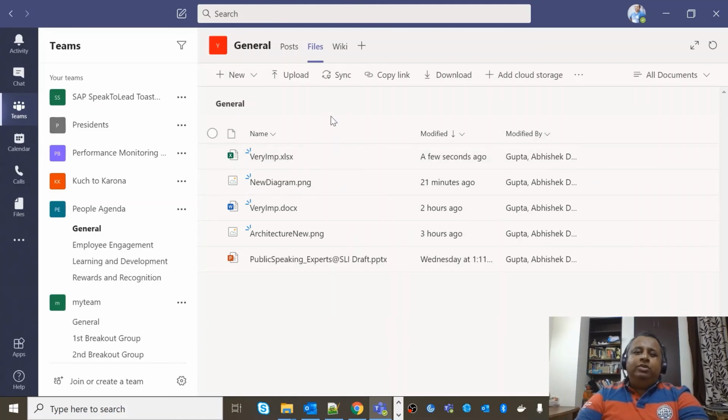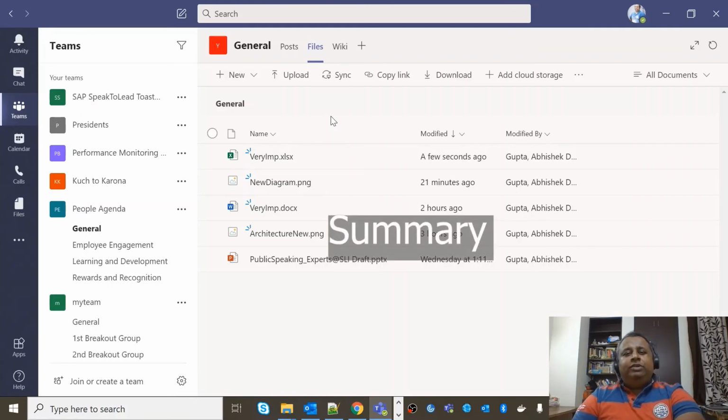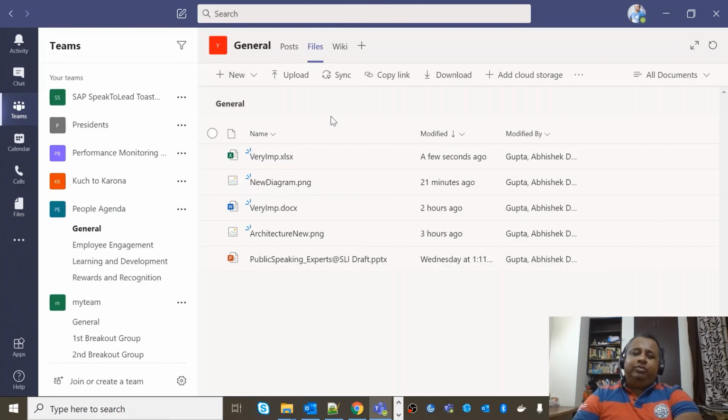So I hope you liked these three hacks that I share with you. These are the top three hacks that I think you should be aware of while using Microsoft Teams. The first one is with respect to the shortcuts, and it can be easily invoked by the control plus dot button on the keyboard. The second is the search. I showed you how we could narrow down the search, and also the third one is related to the handling and sharing of files. So I hope you like these hacks that I shared with you today.